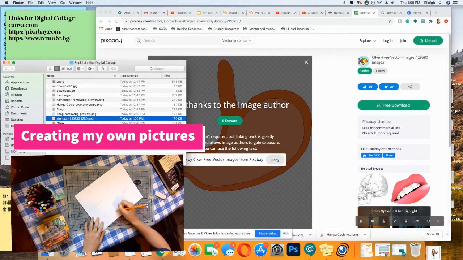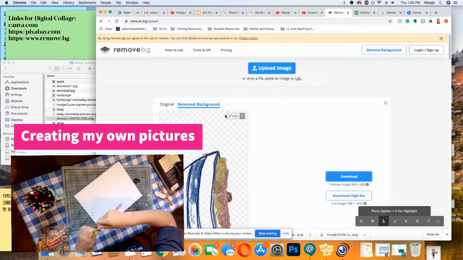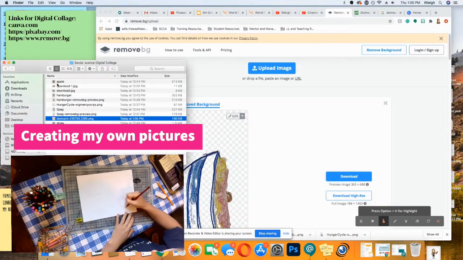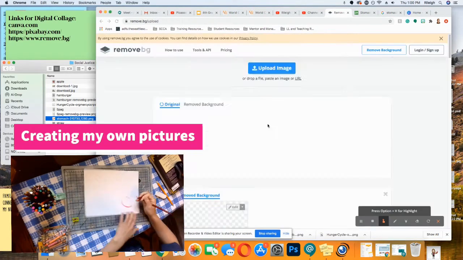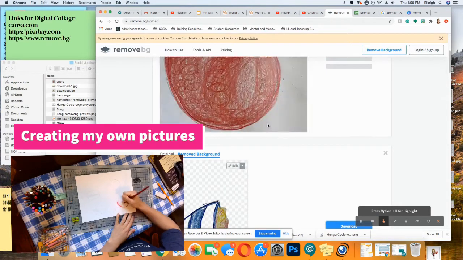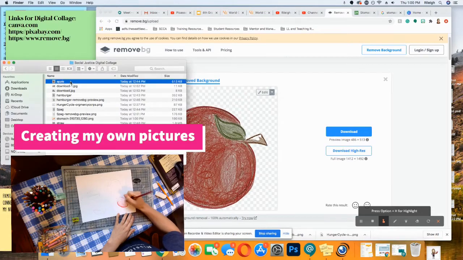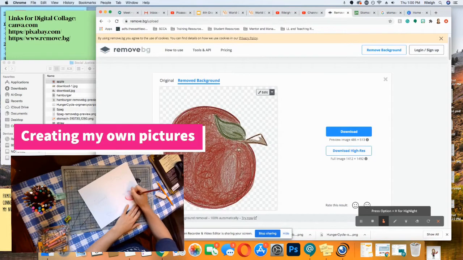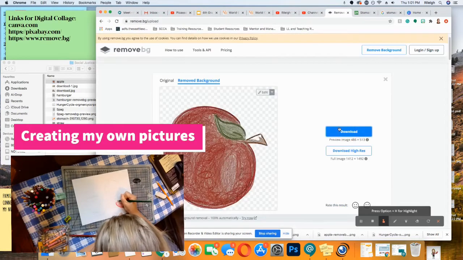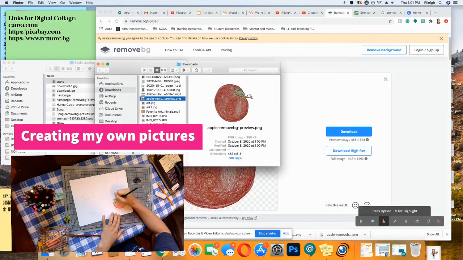So to remove the background, this is the link. It's called remove.bg, and I have that up here. See, I've already removed some of my backgrounds. And so the way that works is you're going to take your image and you just pull it over and you drop it. Look at that, it removed my background. So I'll show you, that's what it looked like before with the paper in the background. And then it pulled it out. I'm going to download this, show in Finder, organize it, move it to where I need it,